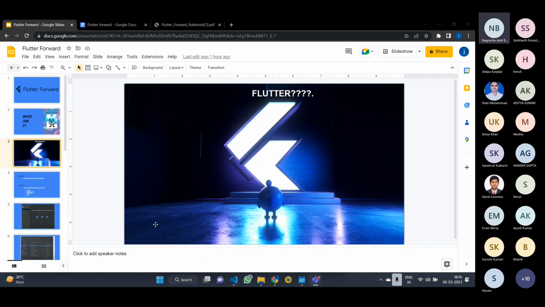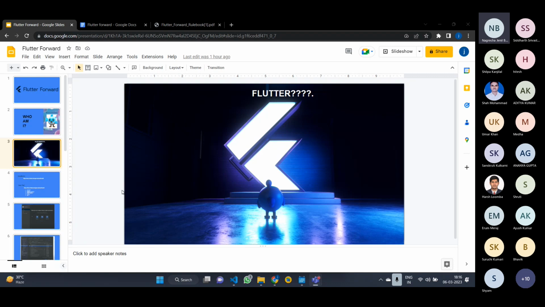I would also show how to set up VS Code, Android Studio, Flutter SDK, and everything. First, I would like you all to start downloading Android Studio, VS Code, and Flutter SDK, and while they are downloading, we would play with